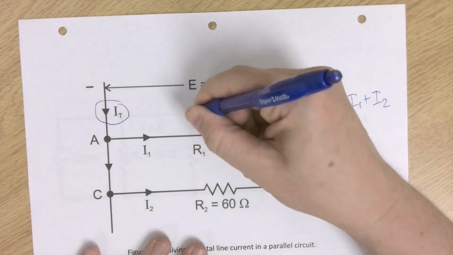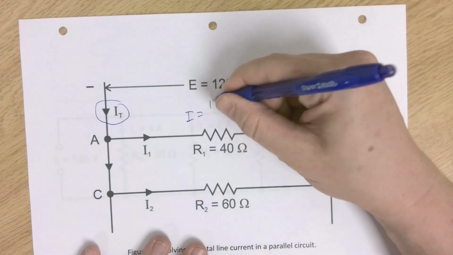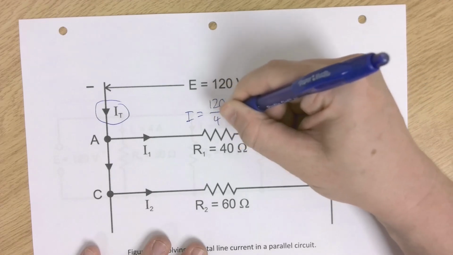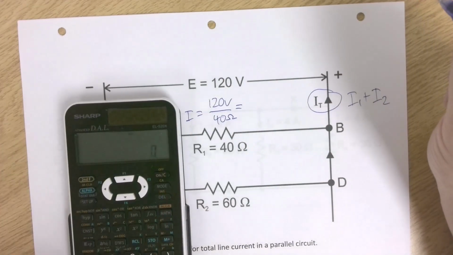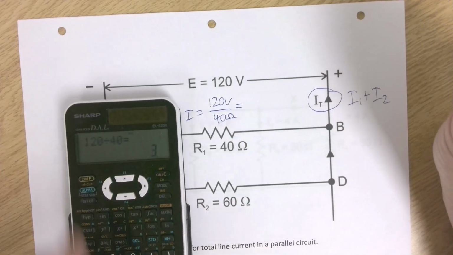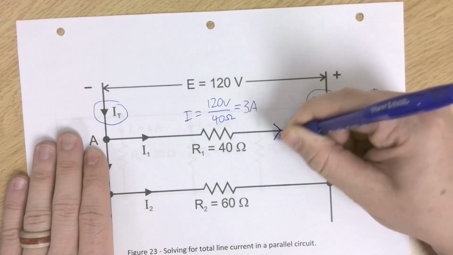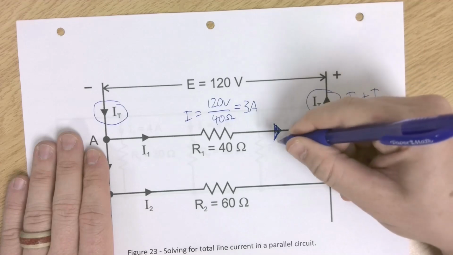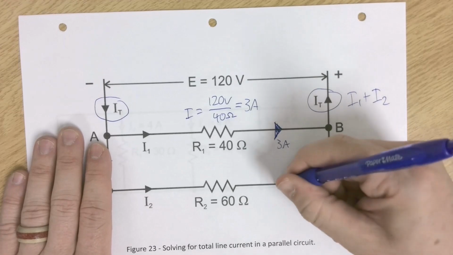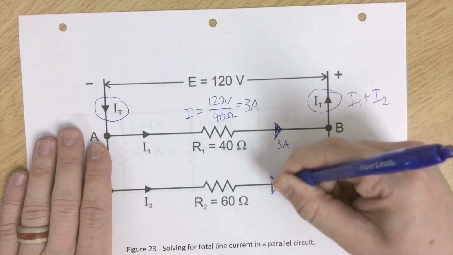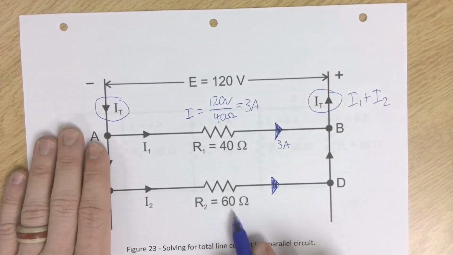So we could quite simply go right back to our original Ohm's law formula: I equals 120 volts over 40 ohms. It's going to be equal to 3. So we got 3 amps. And I might even label the nice big current arrow. That's 3 amps coming through this resistor. For I2, we're going to do the same thing, 120, this time divided by 60 ohms,